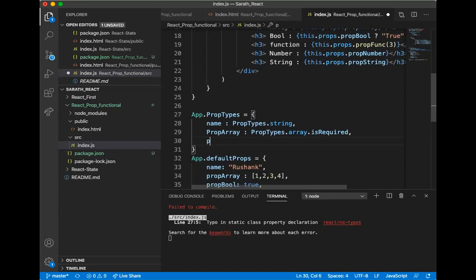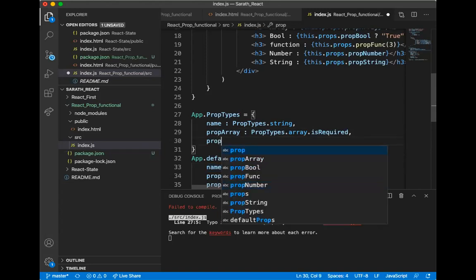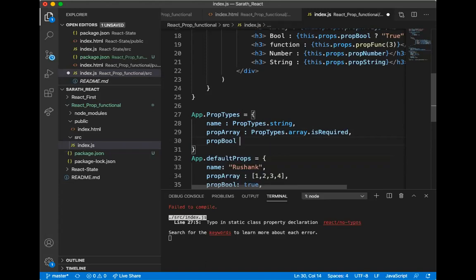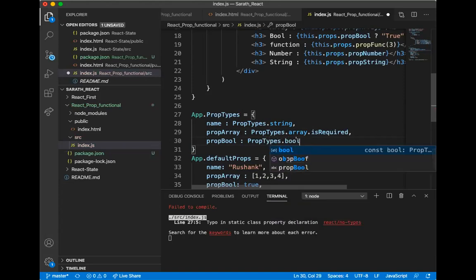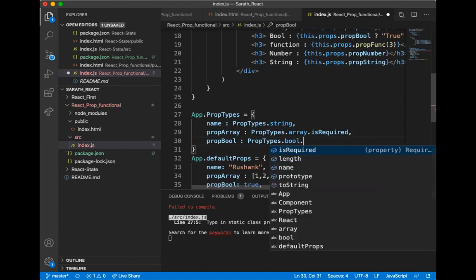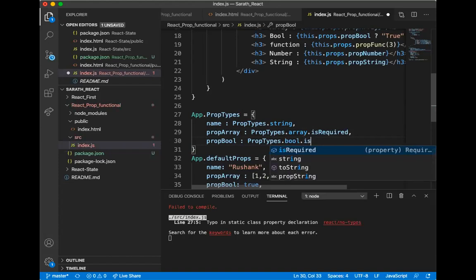Here we have to give small p, since it is small p here, and also we can give prop bool, and here it is prop types, and I am going to give bool dot isRequired. One second, there is some small typo.